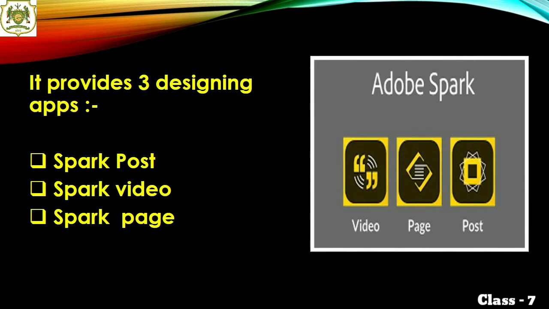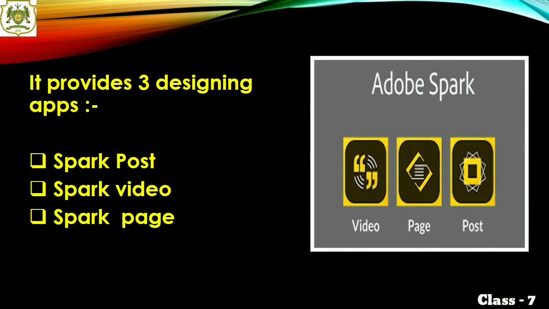And Spark Video and Spark Page can be done through the laptop or the desktop. That means only the desktop version is available for video and the pages. Spark Post is basically, as I told you, used for creating the stunning social graphics which you can share on the social media platforms.